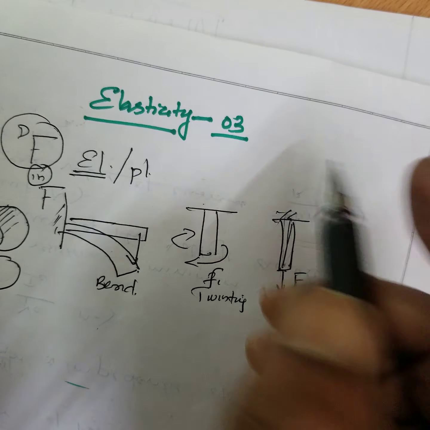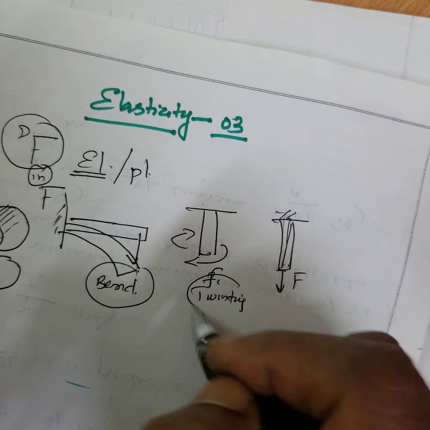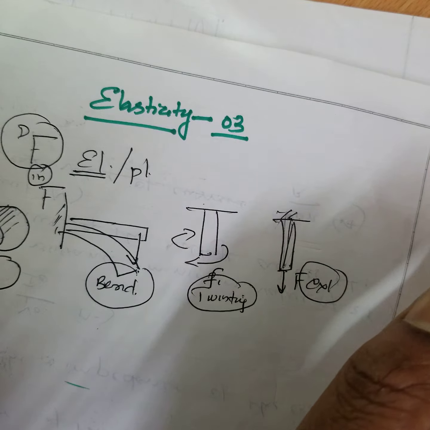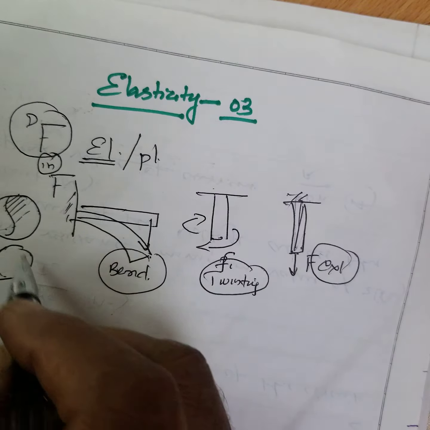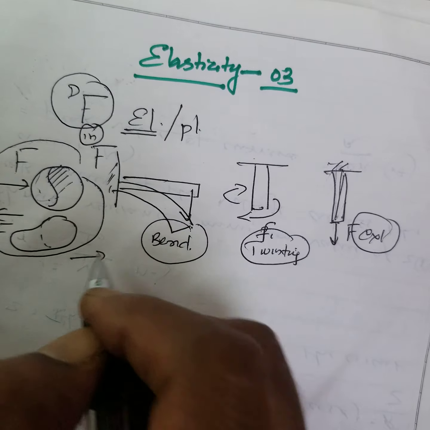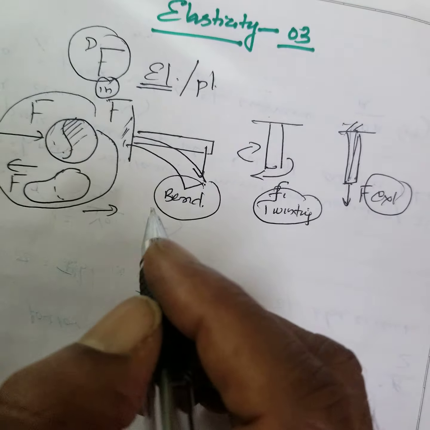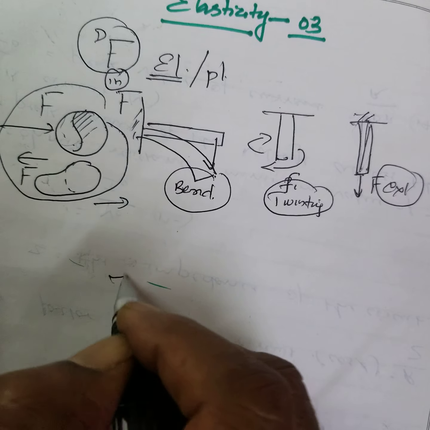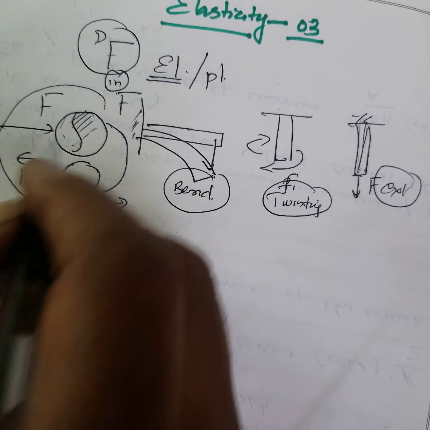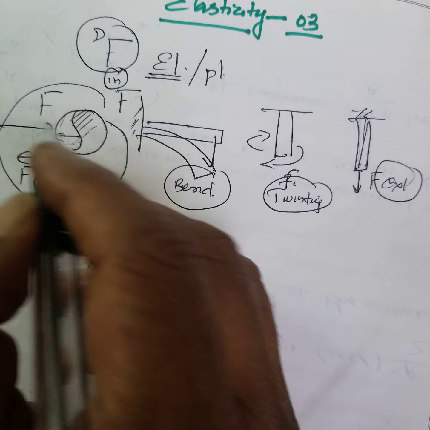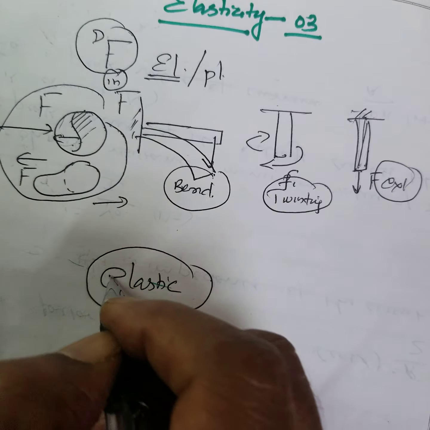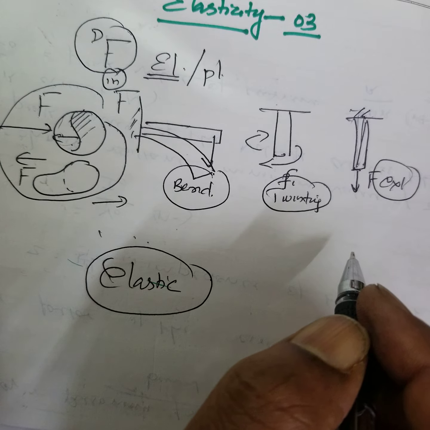Right? Any body can be bent or twisted or extended. Therefore, a solid shape can be altered to a slight degree by applying a large force. Therefore, a body is said to be perfectly elastic when it springs back to its original position. It springs back to the original position is called perfectly elastic.